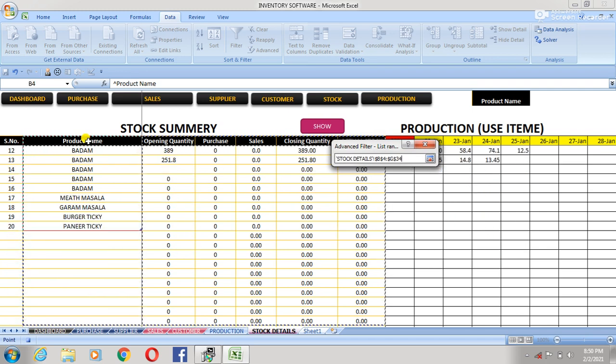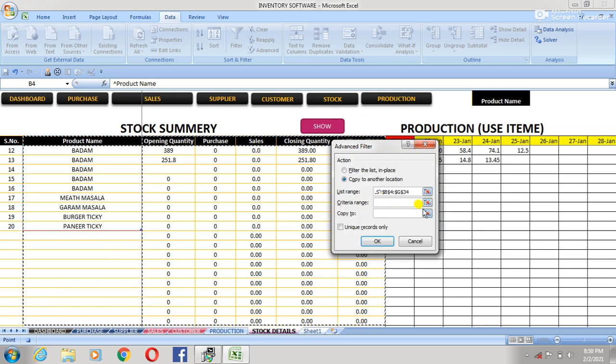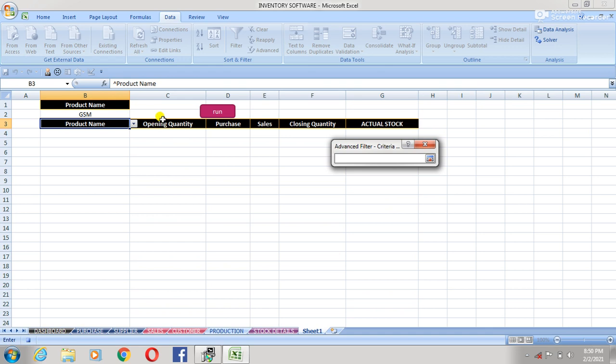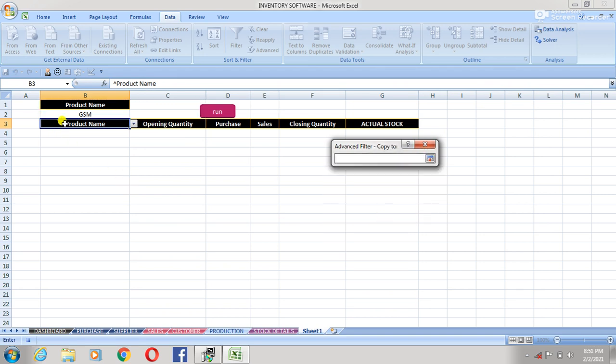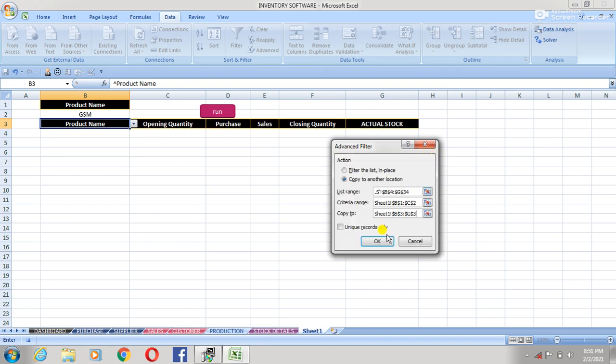After that, click here, and the criteria range is here. Select it. And Copy to: I want to copy under this heading. Okay, that's it. After that, OK.